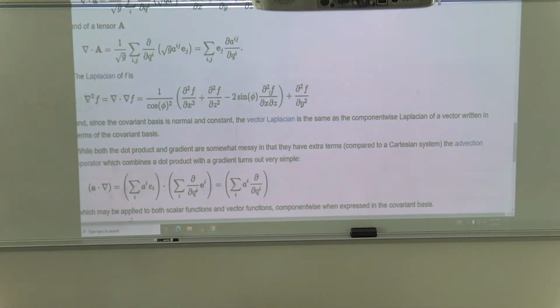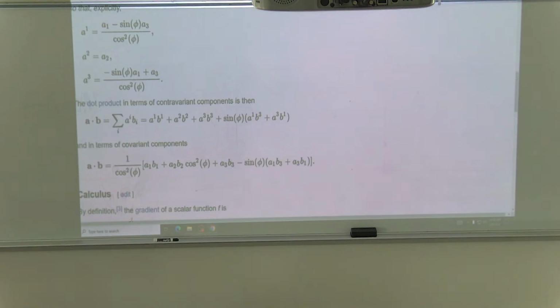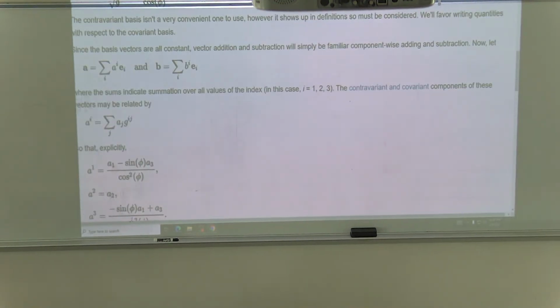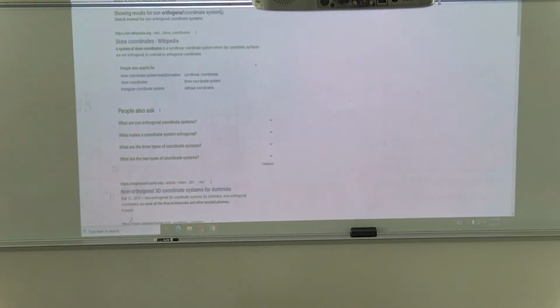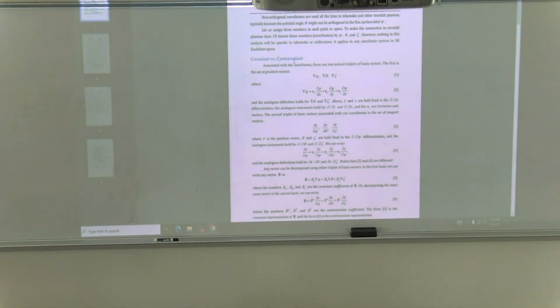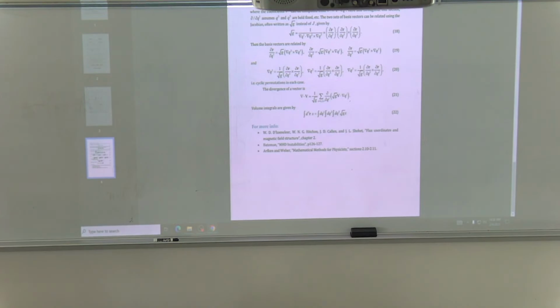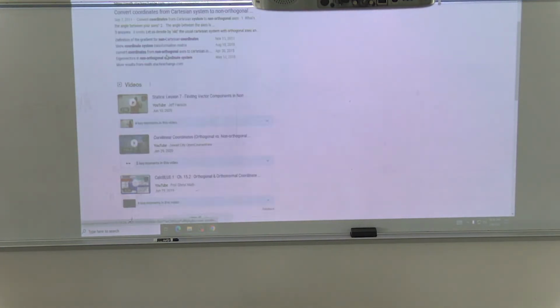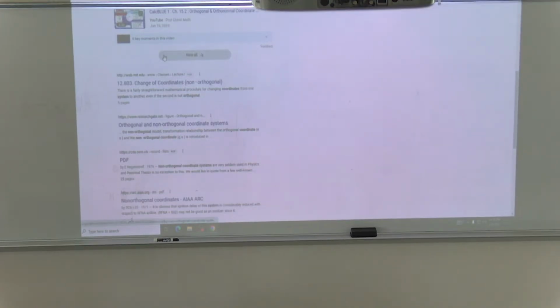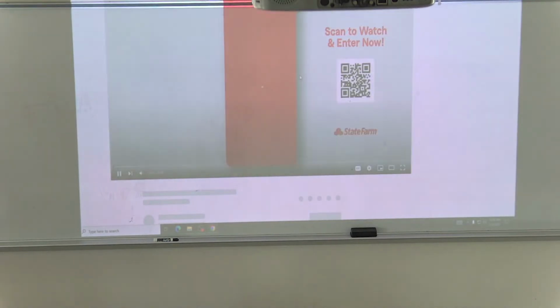Okay, so then you're going to look in... well, that's a generic thing. Non-orthogonal coordinate systems. Non-orthogonal for dummies. That's kind of cool, but does he give me an example of one? Those are just the equations that you deal with. That's not the system. Well, look, there's some lecture. Hey, statics. Finding vector components of... oh, that's Jeff Hanson.